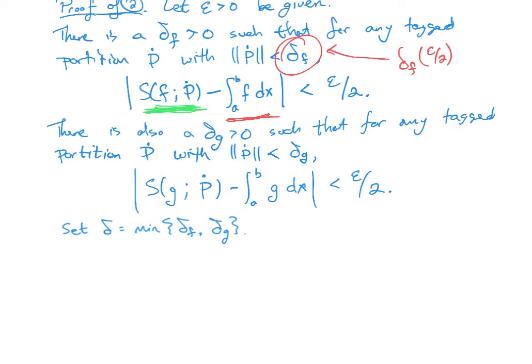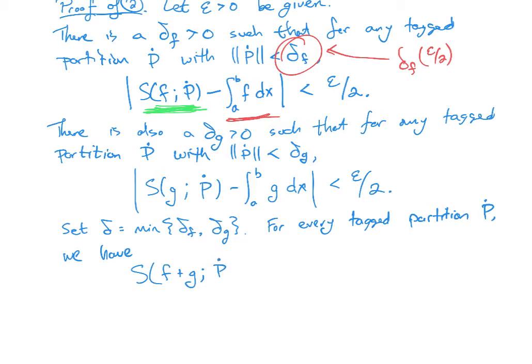Now, for every tagged partition P dot, I'm not even saying anything about its norm. If we look at the sum of F plus G with respect to that tagged partition,